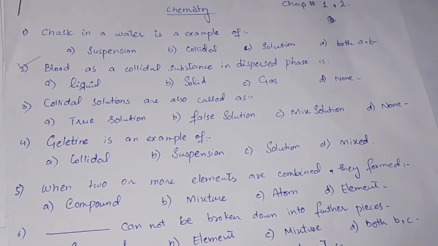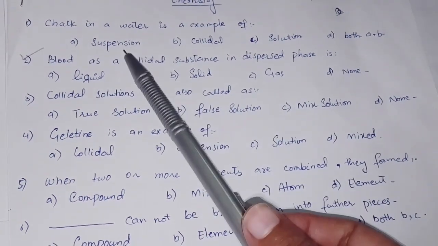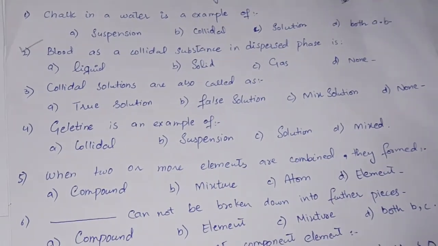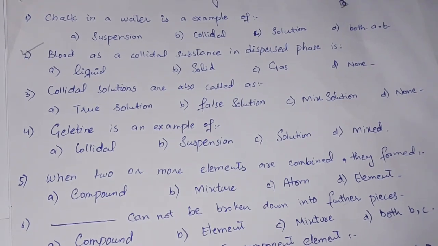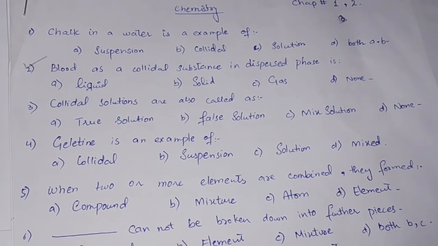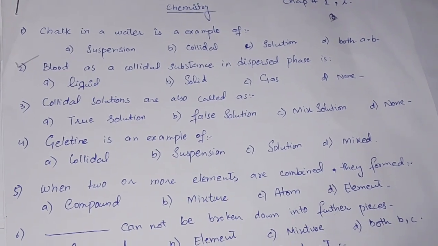Number 1, chalk in water is an example of: option 1 is suspension, option 2 is colloidal, option 3 is solution, and option 4 is both A and B. So we know that if we dissolve chalk in the water, it will appear as a mixture